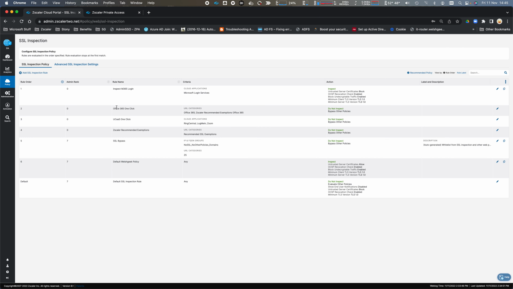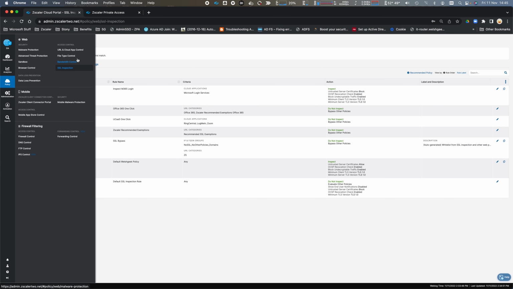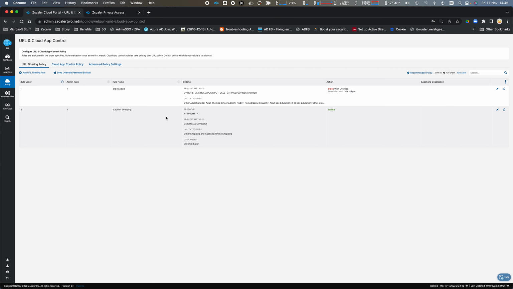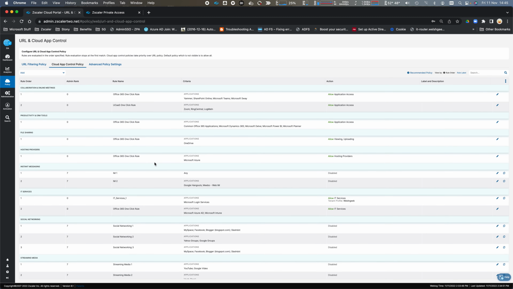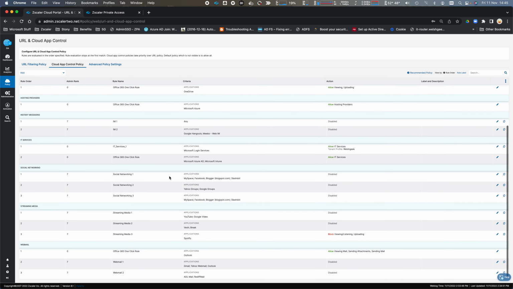The first thing, we have SSL inspection. So I have the O365 one-click configured, but I need to specifically inspect the M365 logon pages. So there's a cloud application defined for inspection, and we're going to inspect this traffic. And then under our URL and Cloud App Control policy, we have a number of different services we're going to allow and deny based on policy. And then under the Microsoft Login Services, we're going to allow it, but make sure that that tenant profile we